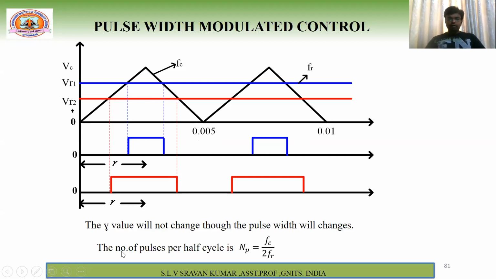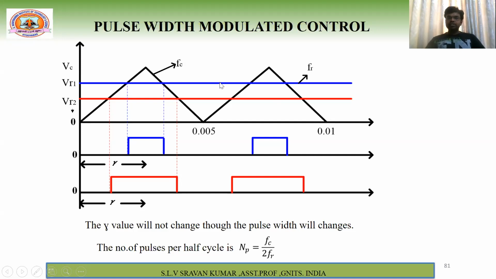The number of pulses per half cycle: here I have taken only half cycle. If you take one full cycle, what happens? Positive half cycle, 2 pulses, negative half cycle, 2 pulses, totally 4 pulses, right? Then how can you generate this carrier frequency? To get 2 pulses per half cycle, your carrier frequency will be different than that of